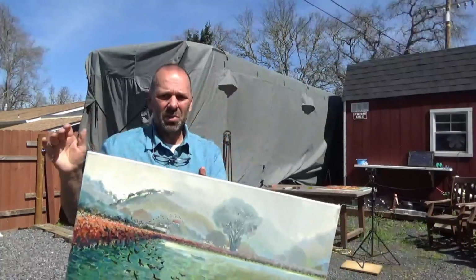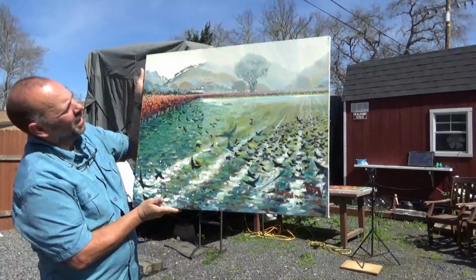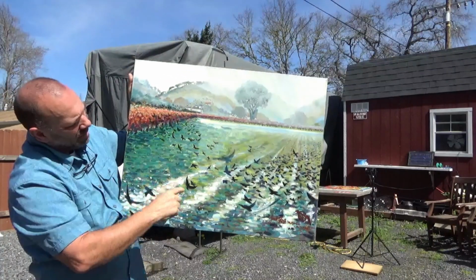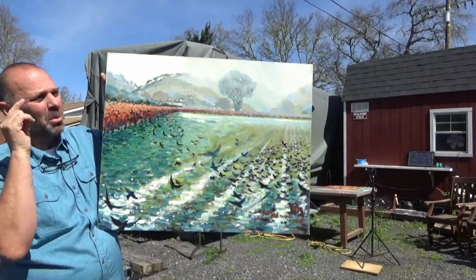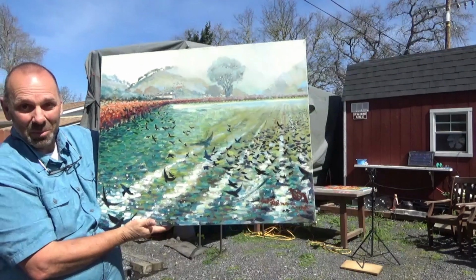A winter rainstorm and blackbird swarm. So it's kind of hazy because the winter rainstorm is coming, and then the blackbirds. We have blackbirds in the neighborhood, especially over on that side. Not so much here, but over on the east side of the county, there always seems to be